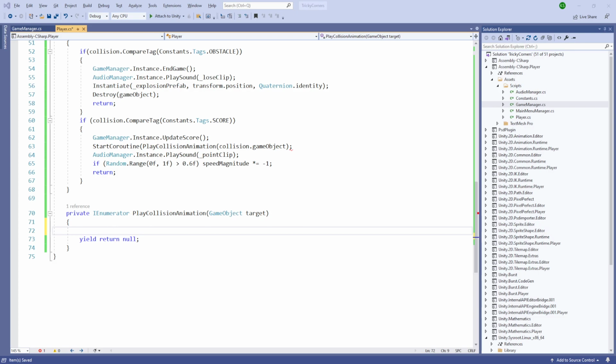Now, what is going to be inside our collision animation? We'll first get the target.GetComponent Collider2D, and we'll disable it because we don't need any more point triggers. And after that, we'll get our animator, which is going to be targetAnimator. Then it's going to be target.GetComponent Animator,